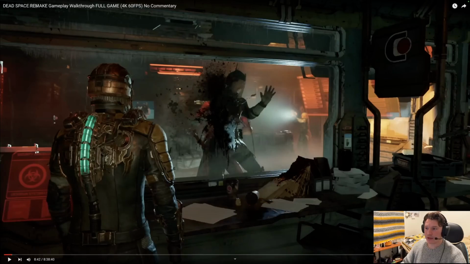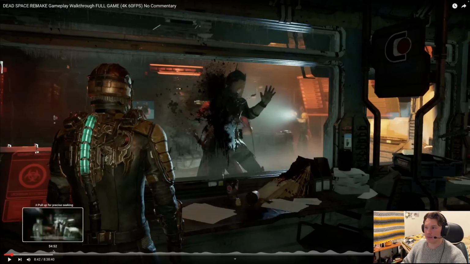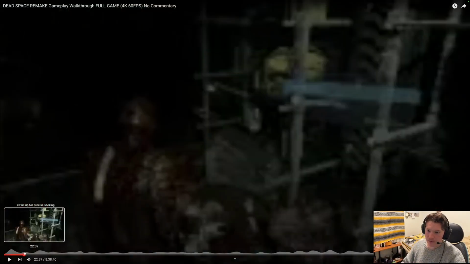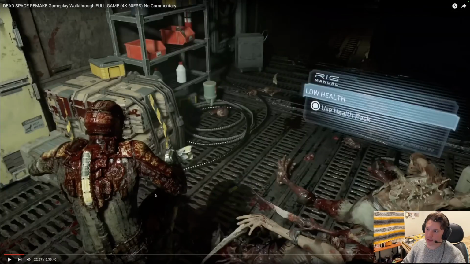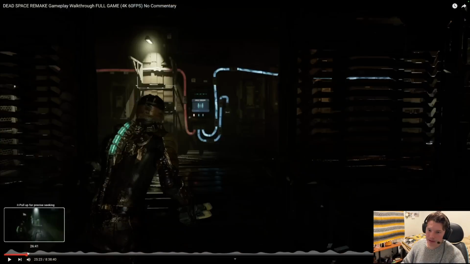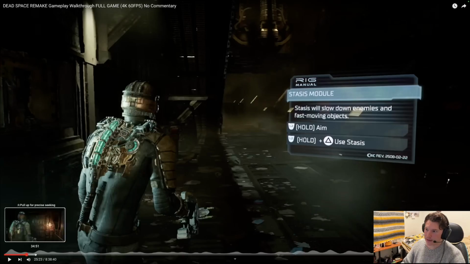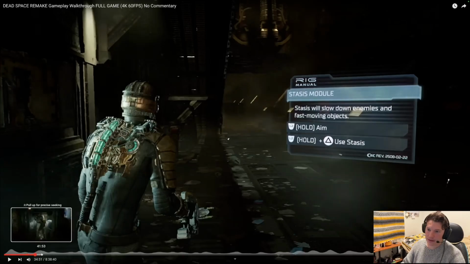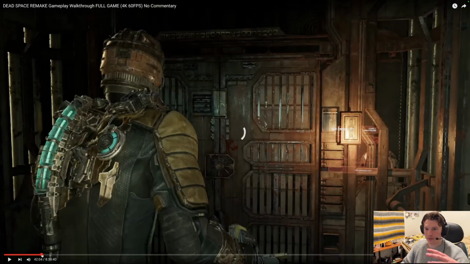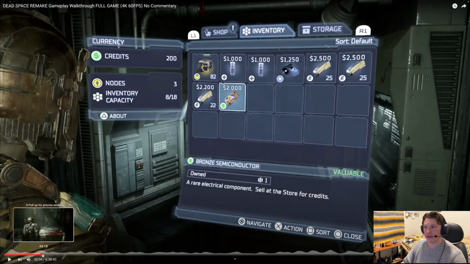In fact, this originally gets set up as a sequence for Chapter 1 to get back to your ship, but you can't go through there because there's a monster. Right? So this whole first sequence, I'm calling it a sequence, they call it a chapter in the game, is get back to the ship, and on your way, you get introduced to a weapon, you get introduced to how to kill the bad guys, stasis. These are all like second act things. These are all like we're setting things up, first act things, where we're introducing the player to things